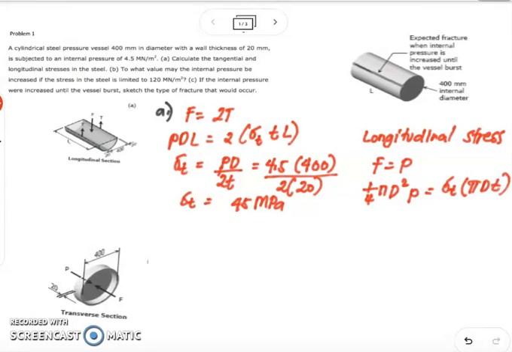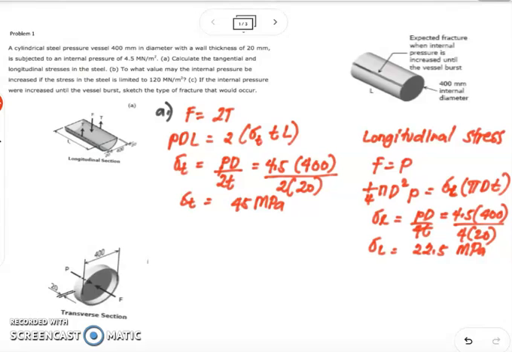So therefore, our longitudinal stress is equal to PD all over 4T. If we substitute the given values, we have 4.5 times 400 all over 4 times 20. So therefore, our longitudinal stress is equal to 22.5